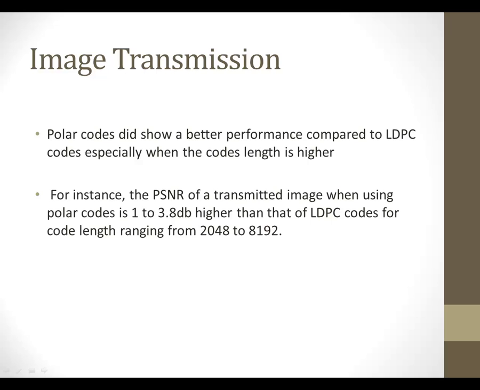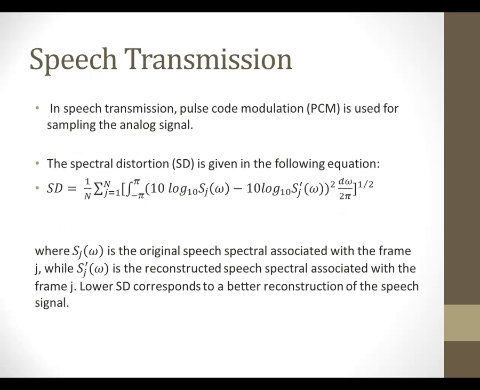Moving to speech transmission. In speech transmission, pulse code modulation was used for sampling of the analog signals. Also here, a comparison between both polar codes and LDPC was done to evaluate the performance of the coding schemes used over the wireless Rayleigh fading channel. The average spectral distortion is used. The spectral distortion SD is given in the following equation,